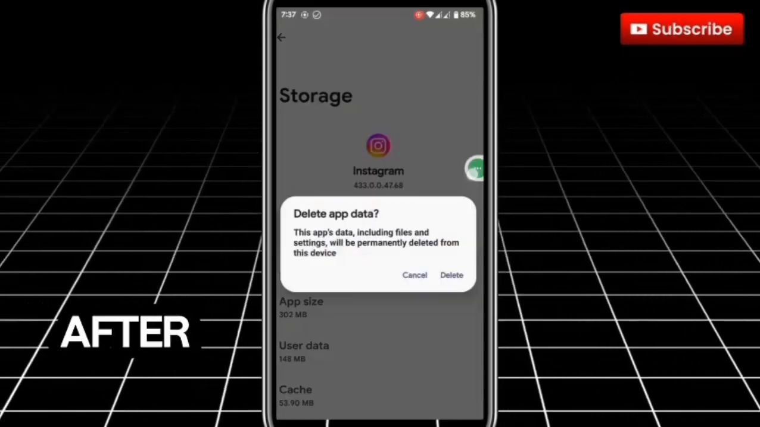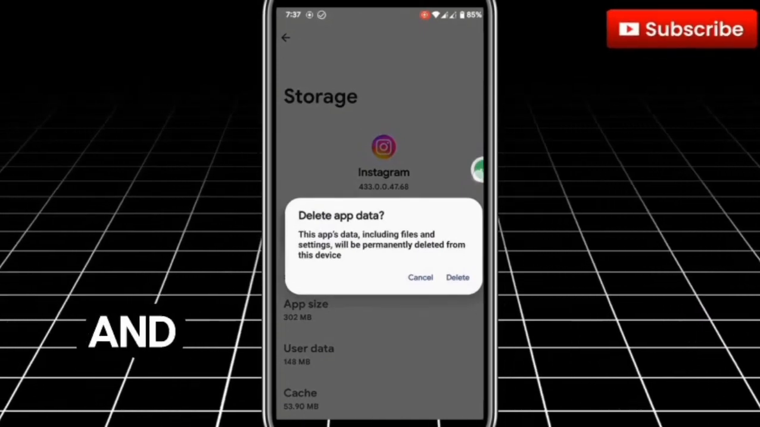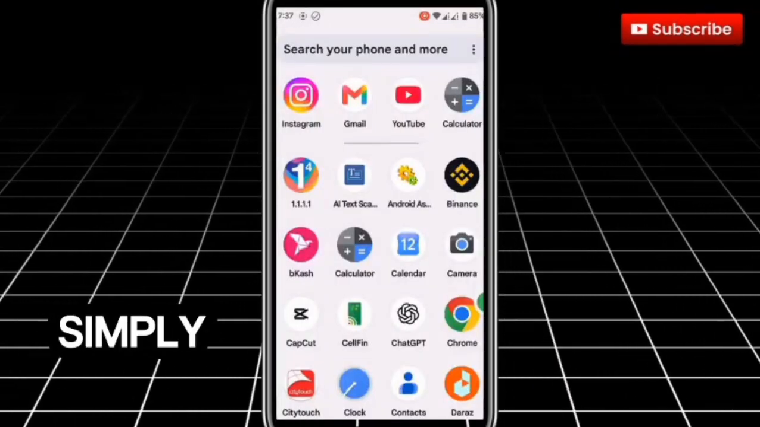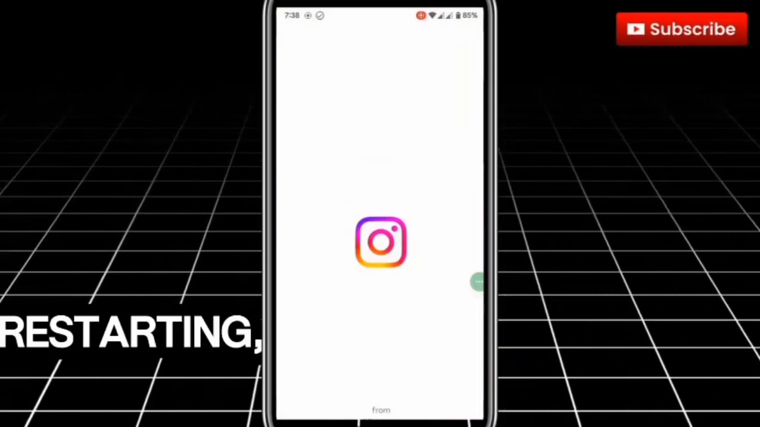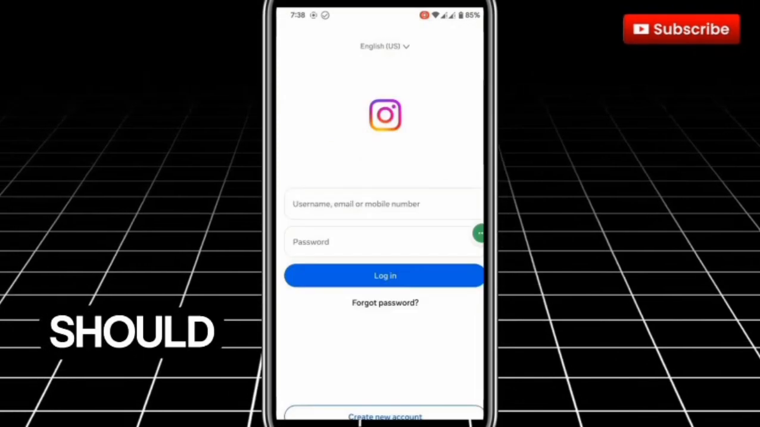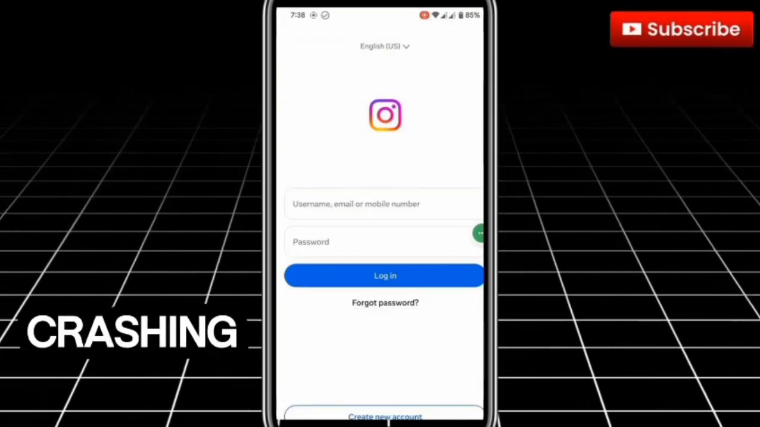After that, go to Storage and Cache and clear both cache and storage data. Once done, uninstall the app if needed or simply restart your phone. After restarting, open Instagram again. The issue should now be fixed, and the app should run smoothly without crashing or going back